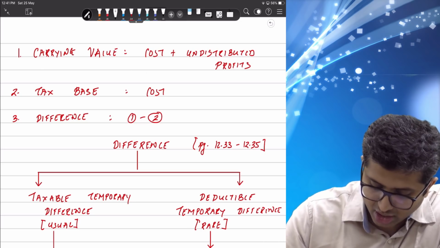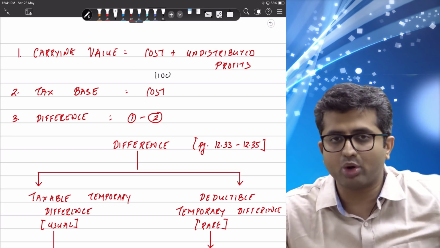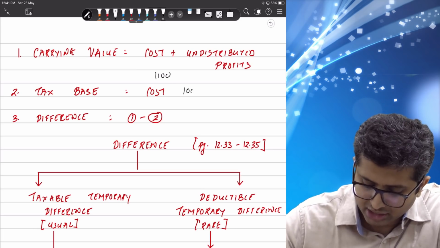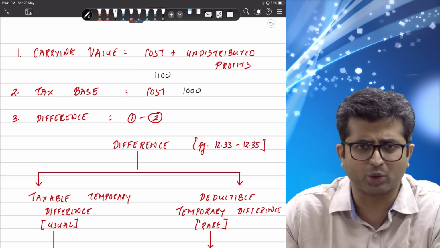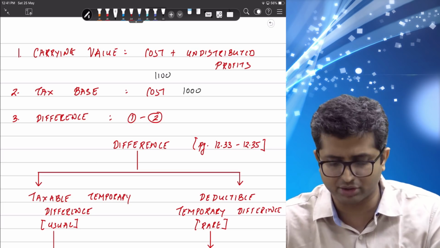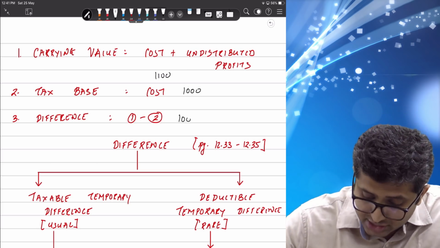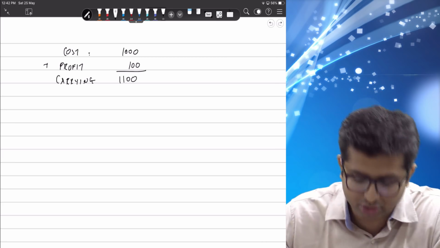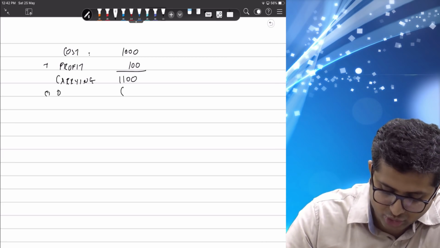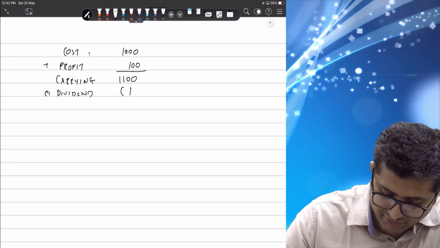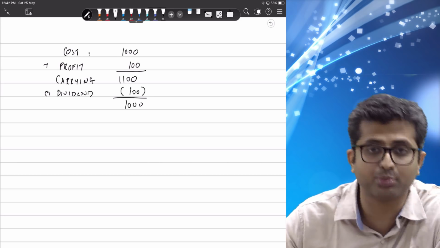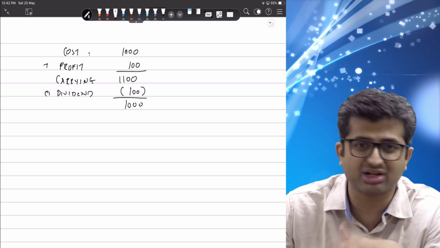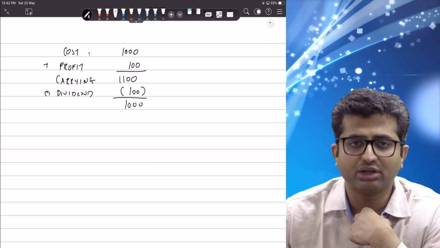Now, income tax does not remeasure the investments based on undistributed profits, and hence unless otherwise given, the investments will be recorded at cost only, that is 1,000 rupees, and hence there will be a difference of 100 rupees. Now the question is, is it a temporary difference? Well, it is temporary because eventually once dividend is distributed, let's say in the next year, your carrying value will fall and it will again become 1,000 rupees. In income tax we had not increased the value of investment, and hence once the dividend is distributed it will not have any impact on the value of investment.